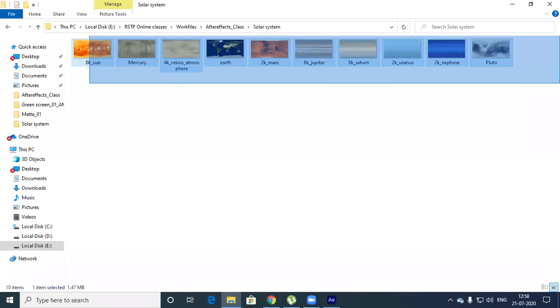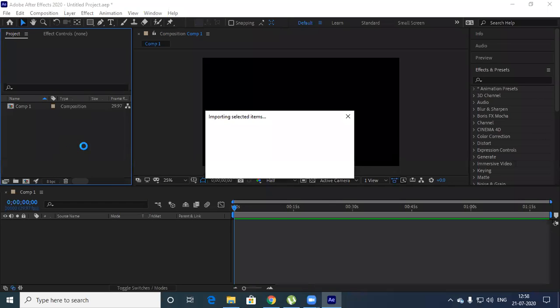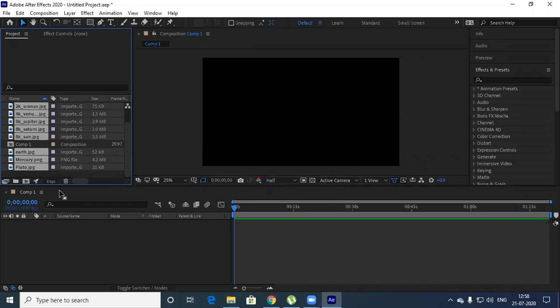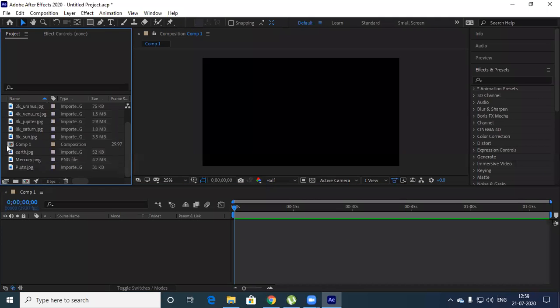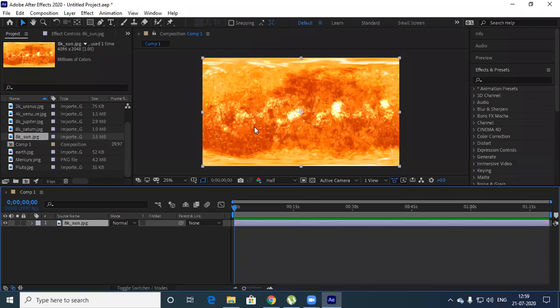Now let's take this into After Effects. Just import, drag and drop over here. Just import the sun over here. Press Control Alt F, and you can see the sun like this.